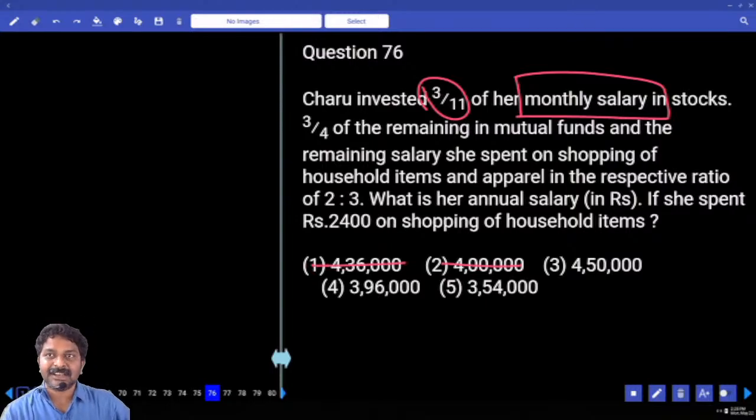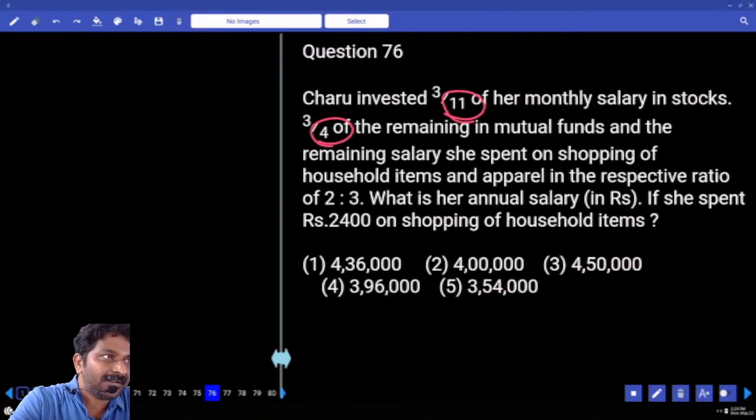Third option, is it 11 multiple? Eliminate. Fourth option, is it 11 multiple? Is your fifth option 11 multiple? Fourth final. Yes. Now, if you want to start,